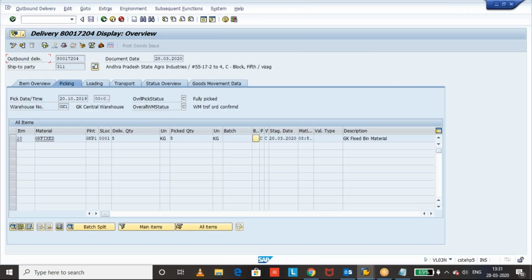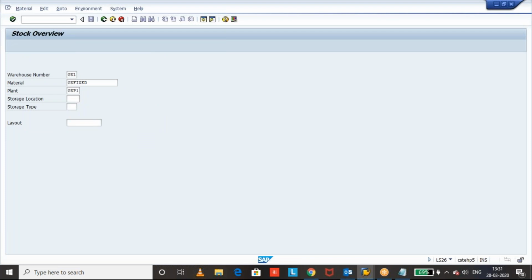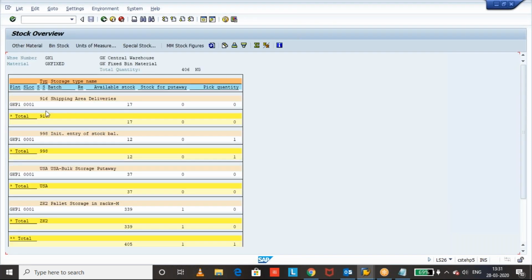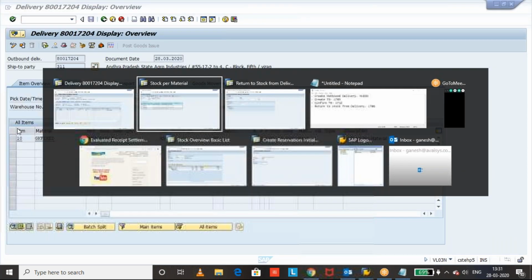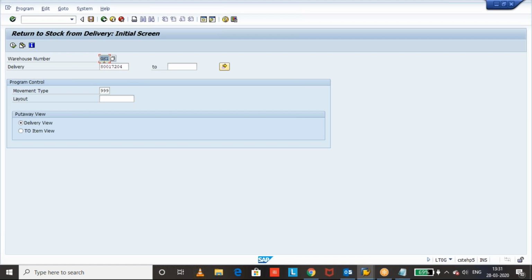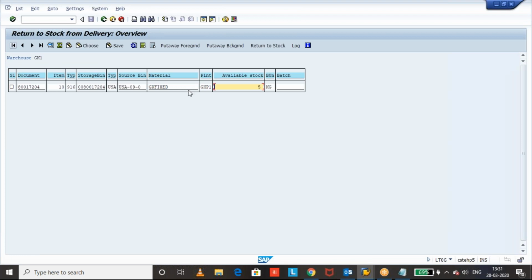Now we can see the stock status of this material, /o LS26. For this material, we can see under 916 there are some 17 quantities available. See, this 5 belongs to ours. This is our delivery, right? The 5 quantity under delivery you need to take back to your own stock. So give the warehouse number and input the delivery, and movement type is 999, and you can see the delivery view or TO item view, which is better. TO item view can be seen. So 5 quantity,